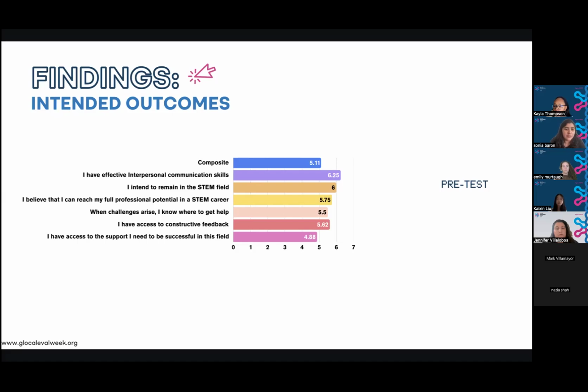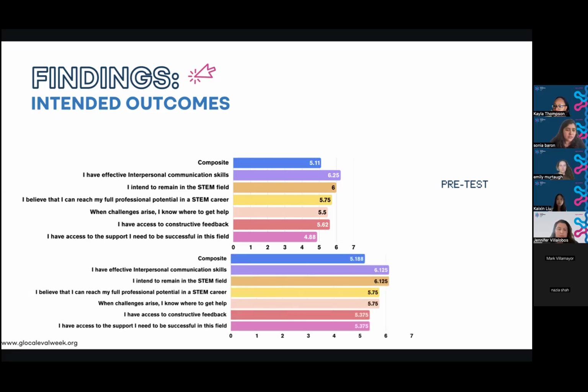And then we had them use this for about a few weeks, and then we get to see those scores. The composite is now 5.1. And we see a few general increases. If we look at the bars in general, now they're at least 5, even though we didn't have any significant results. And one of the results that was most notable for us was when challenges arise, I know where to get help. So when we prompt the participants to use this AI tool at least 3 times a week, we get to see that towards the end of it, although we don't have a control group to specifically make the claim, they at least know where to get help